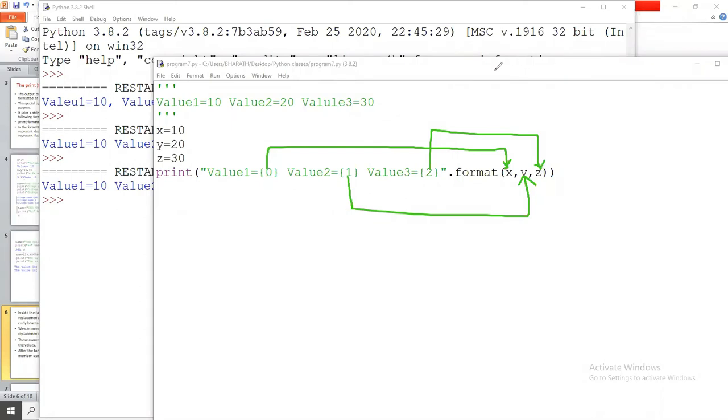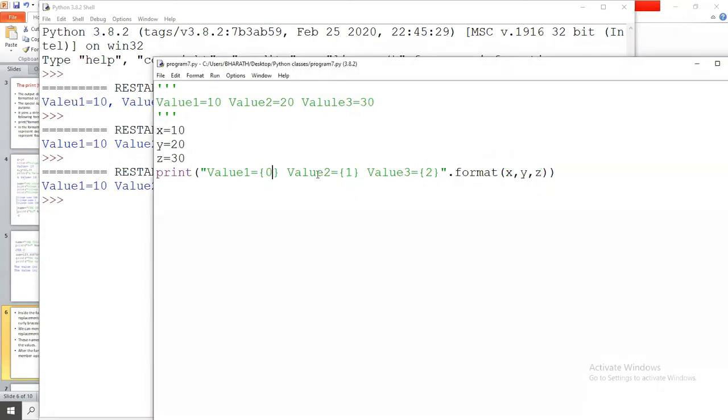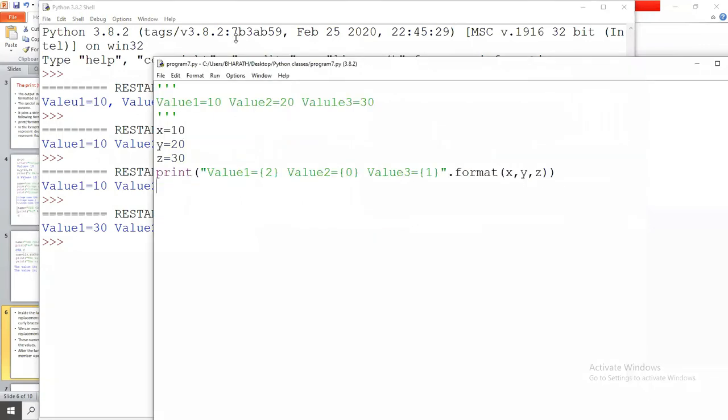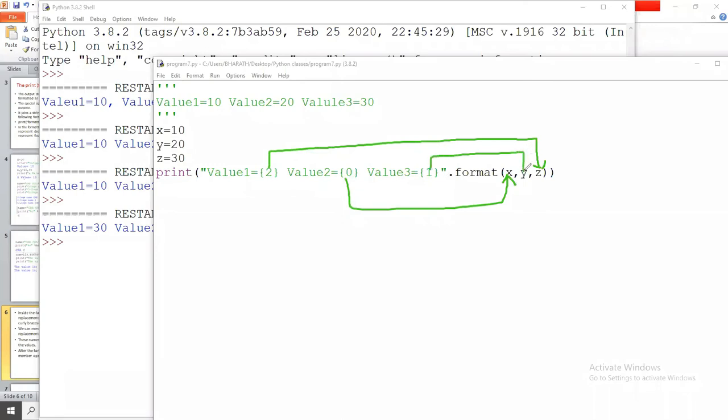Now, instead of this 0, if I give 2, here I give 1, here I give 0. If I execute this, now the values will be changed: 30, 10, 20. Why? This 2 indicates Z, 0 indicates X, and 1 indicates Y.